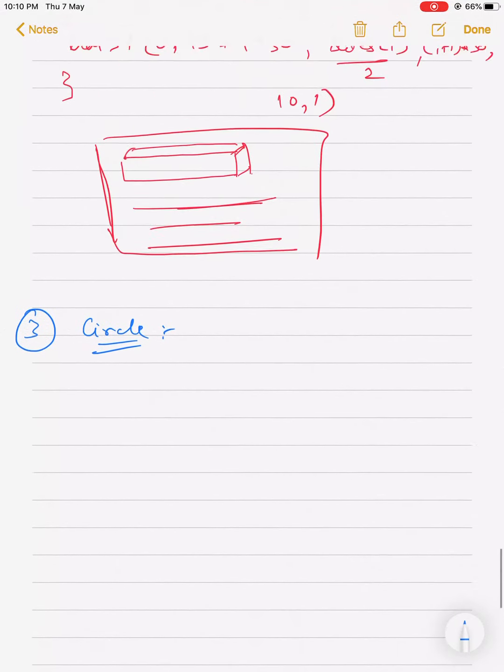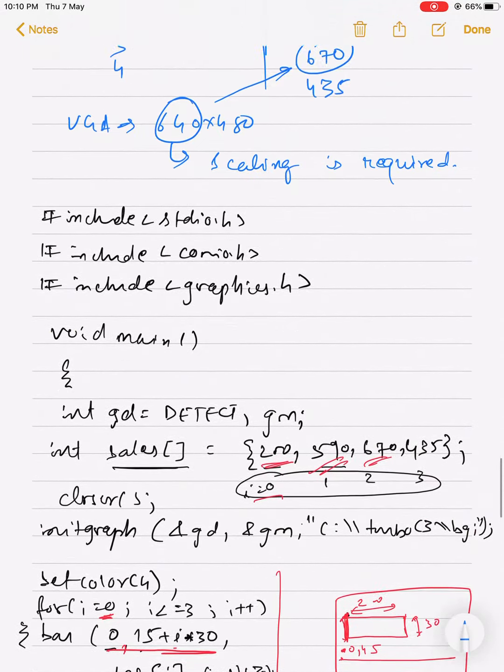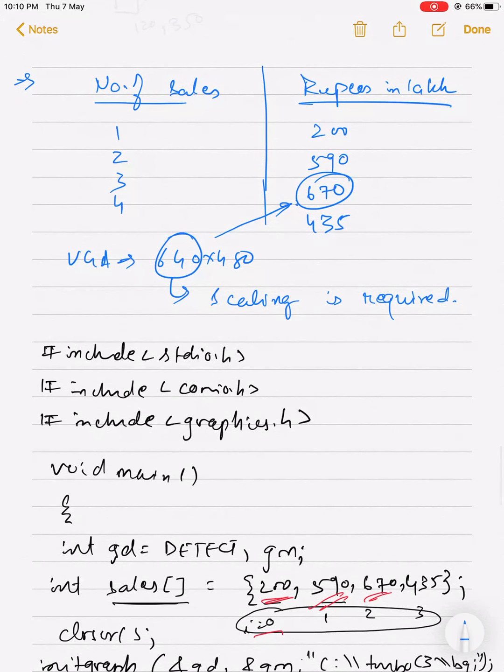And just remember about the coordinates. In the horizontal axis, if you want to draw a graph like this, it can go up to 639, from 0 to 639, or up to 640 pixels. So you need to scale this down. By dividing by a 1.5 factor or a factor of 2, you can easily divide this into a lesser part.